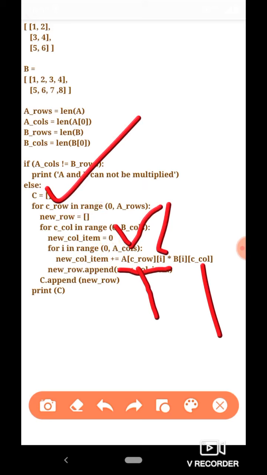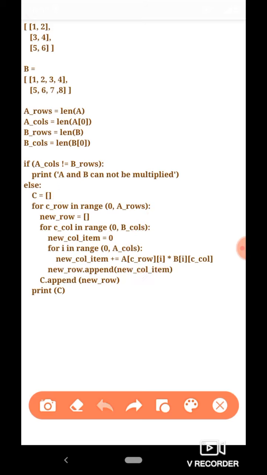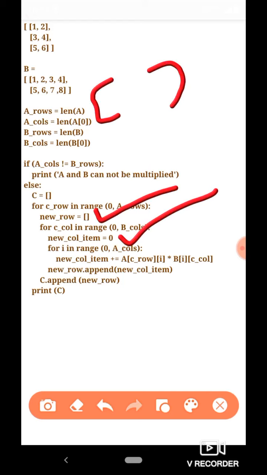So new call item accumulates all the values of multiplications from individual items of row C row of matrix A and column C call from matrix B. After this loop is done, we have computed the new column item. Remember that we created a new row as an empty list, and we have computed one item for this new row using this for loop.